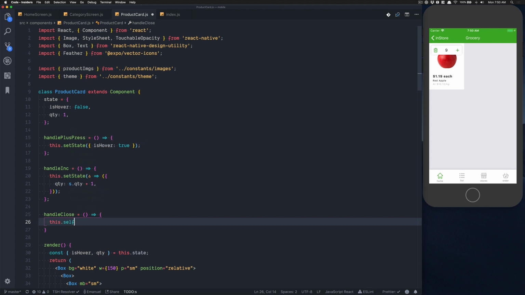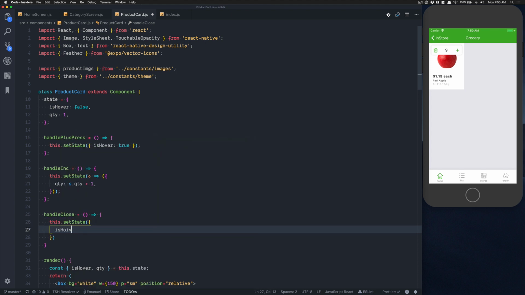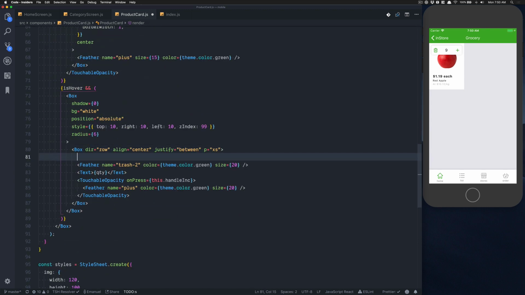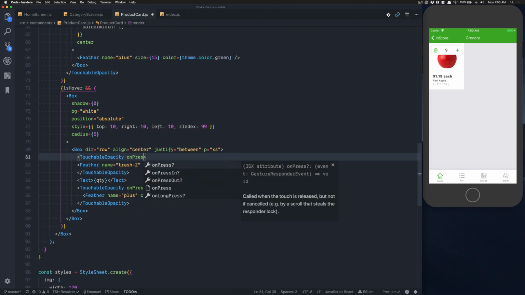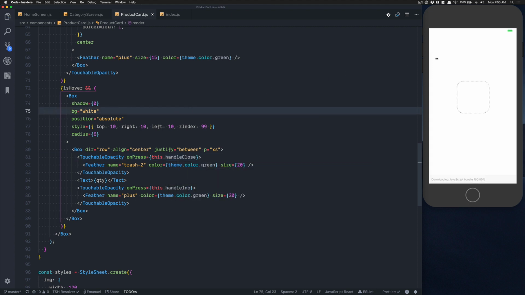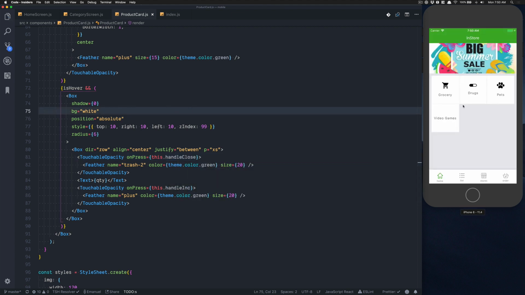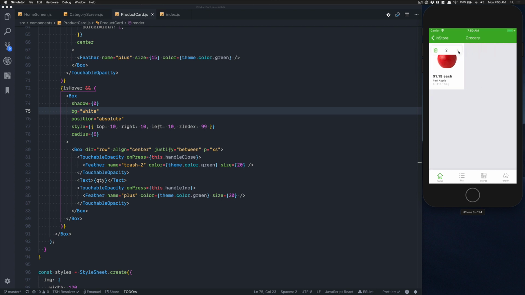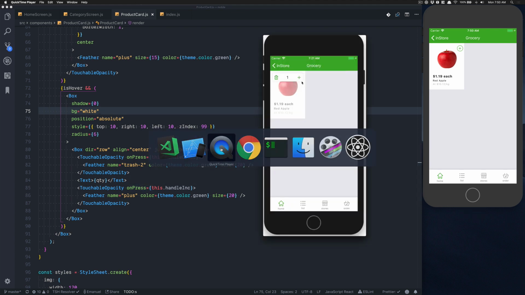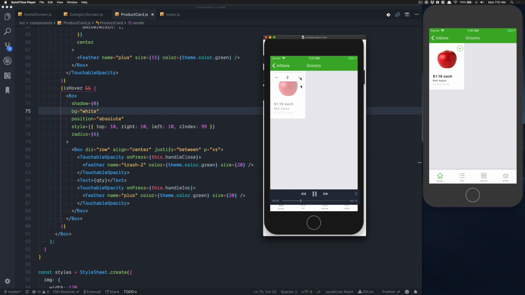This sets the state to false. So again, touchable opacity, on press, handle close. So now I go there, click here, I can plus, and I can close it by clicking there. Perfect. But now, if I show you back the animation, after I click on the plus 1 time, here we're gonna have a minus,